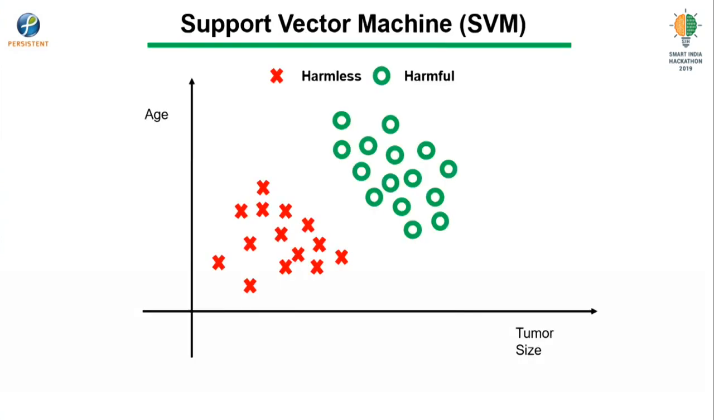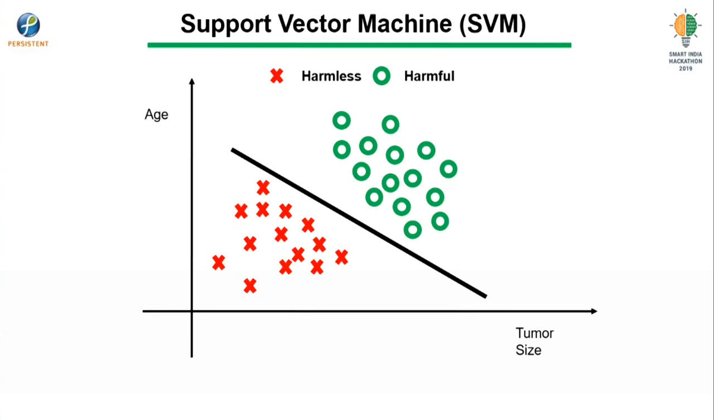Let us look at this data set you are very familiar with. On the x axis we have tumor size, on the y axis we have age, and there are some green points, green circles, and there are some red crosses. They represent harmless and harmful as the two classes. Now typically, if we use a logistic regression on this, all that it requires to do is draw a classification boundary or a straight line that divides this data into two parts. For example, if your classifier draws a boundary like this,